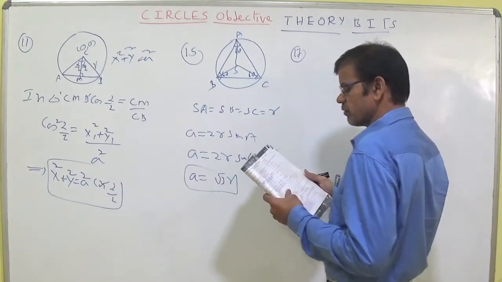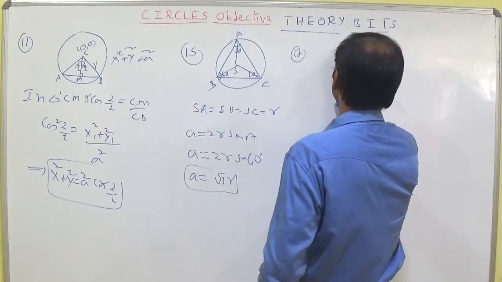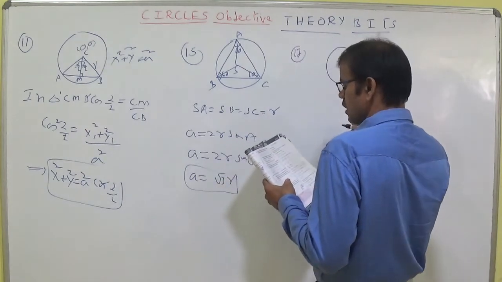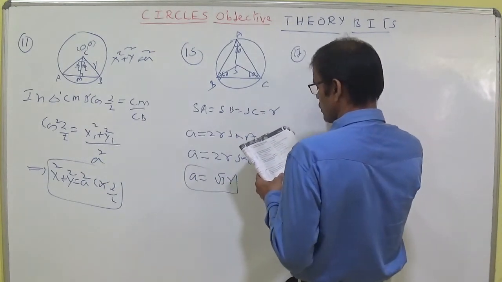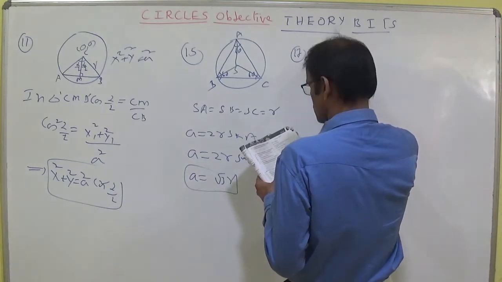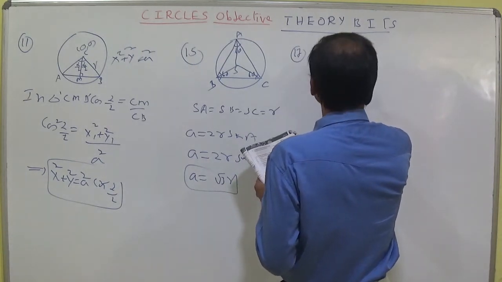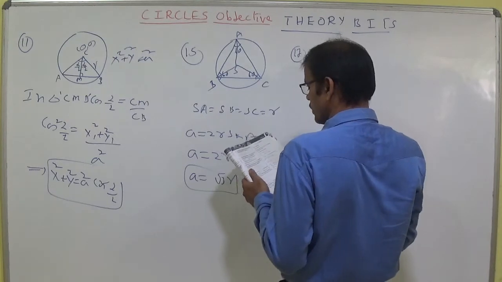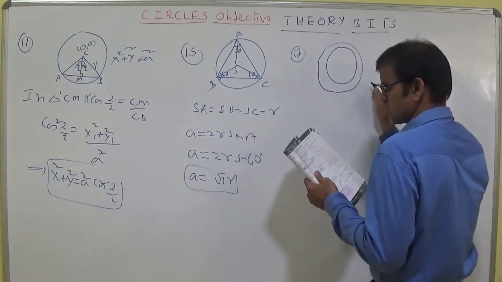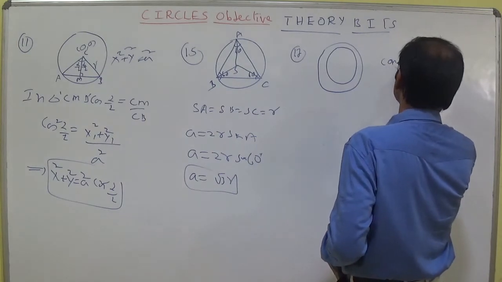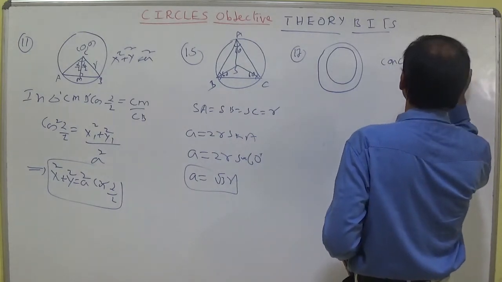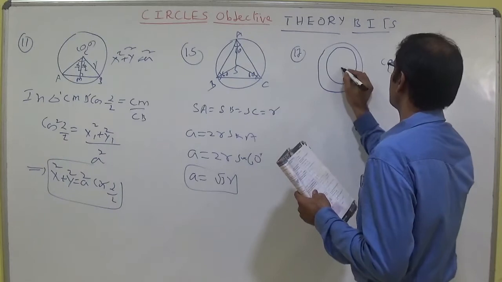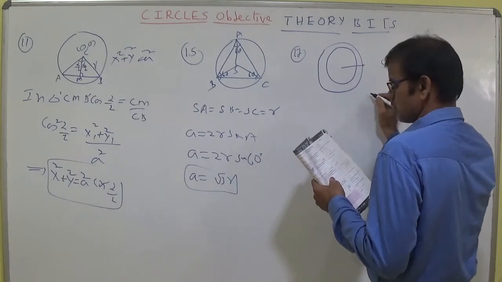Next, let us discuss the 17th question. If the circle completes one revolution in the positive direction of the x-axis, then the center of the new position. It is rotating. So the x-coordinate will be changing. So the concept depends upon the x-axis. The y-coordinate will not change, because whenever it is rolling along the x-axis, the position will be changing.